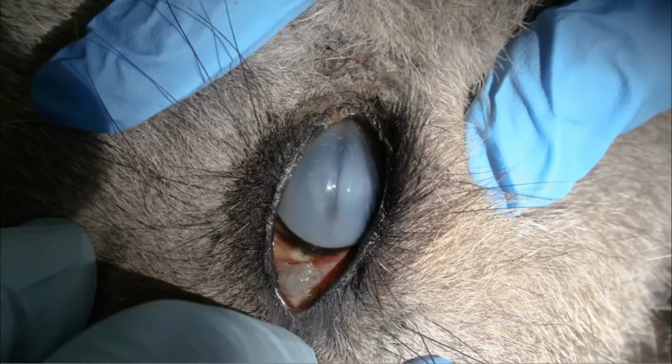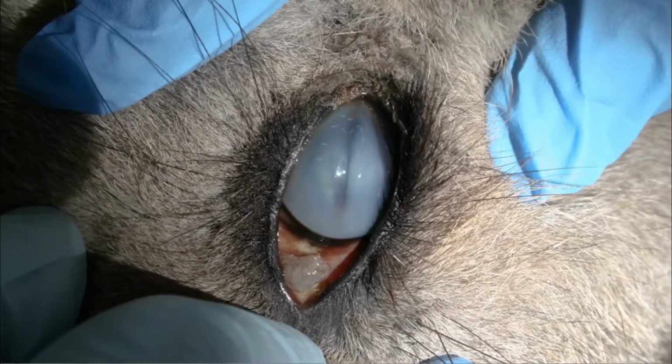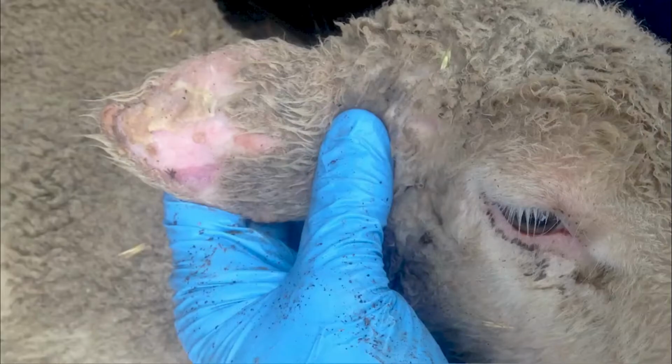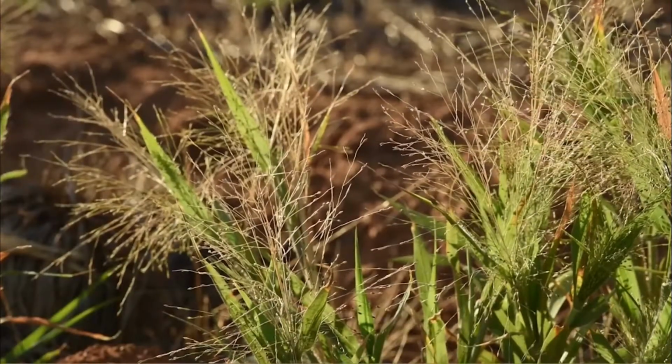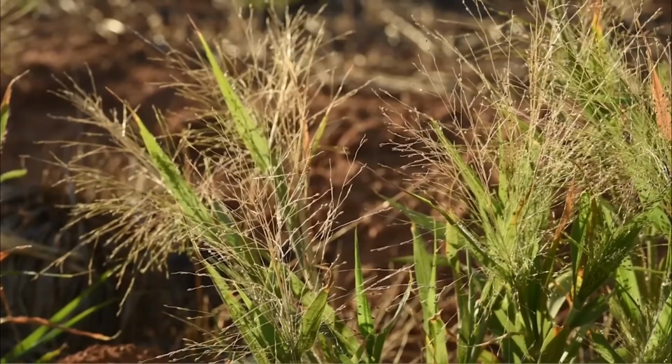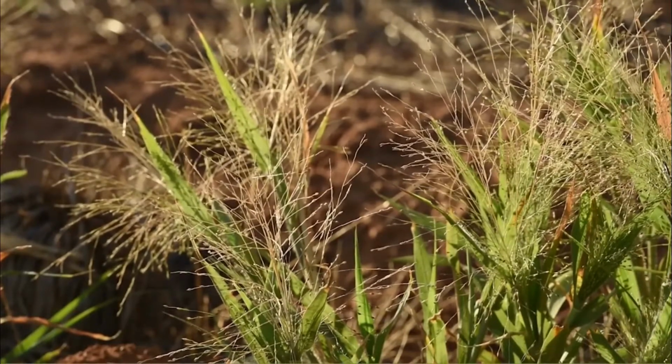These steroidal compounds, these saponins, soap-like substances, cause disease in cattle and sheep and goats around this area at certain times of the year, but it was the first time that we'd actually seen it in kangaroos, especially causing blindness. We found that the area that the kangaroos were grazing in was heavily infested with a grass species called panicum. The panicum grasses are really widespread across America, South Africa and southern Australia, and they cause widespread livestock toxicities in